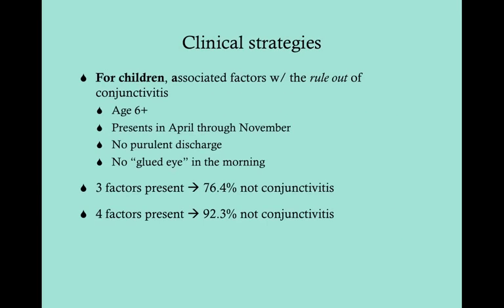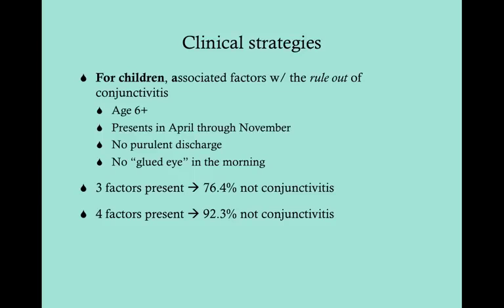Okay, so some clinical strategies. This is something that a recent journal came out with that you can use if you're dealing with children. So these are factors that are associated with a non-diagnosis of conjunctivitis. So being older than 6 is associated with not conjunctivitis. If the patient is older than 6, they're less likely to have conjunctivitis than if they